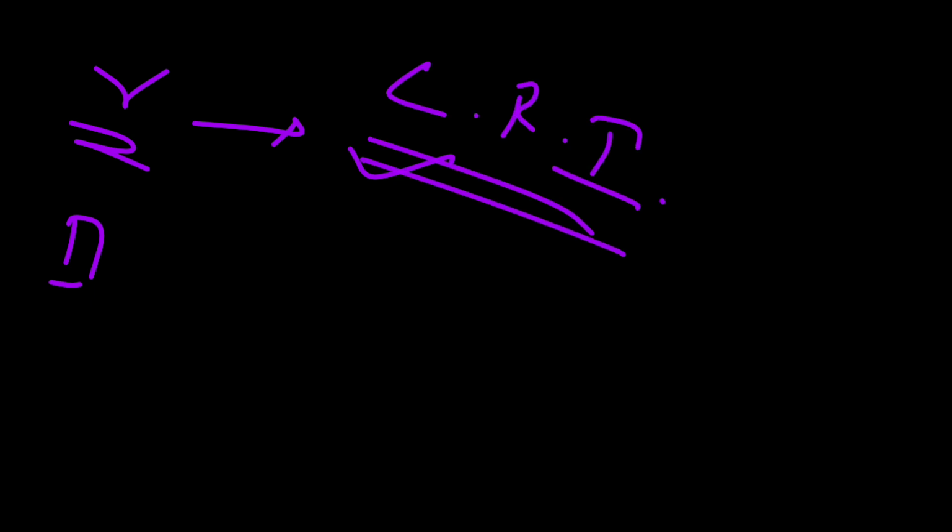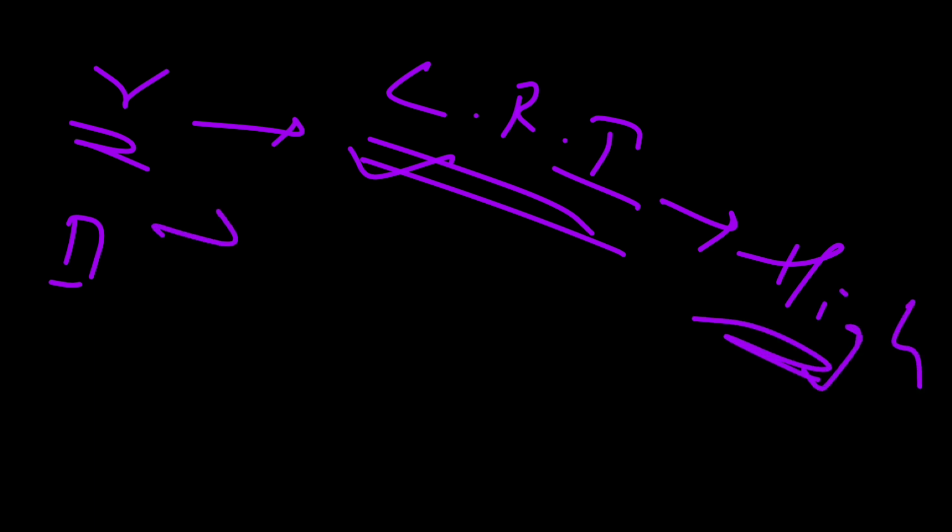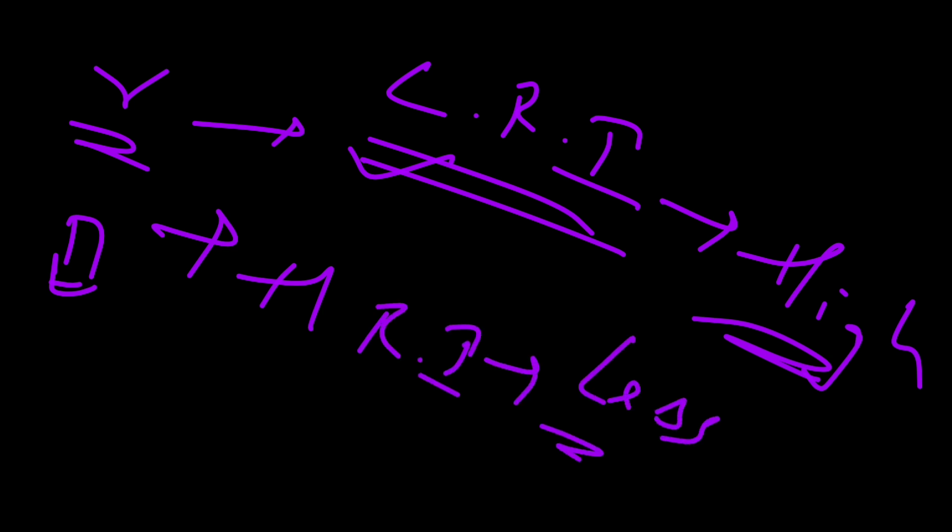So optically rarer and optically denser. In a rarer medium, the speed of light is faster, which means an optically rarer medium has a lower refractive index value and also a higher speed of light. An optically denser medium has a higher refractive index value and lesser speed of light. Keep that in mind. It's a little bit confusing topic, right? But don't get confused. So tell me, what is the formula for refractive index? n is equal to c by v. Let's do the problems that are related to this now.